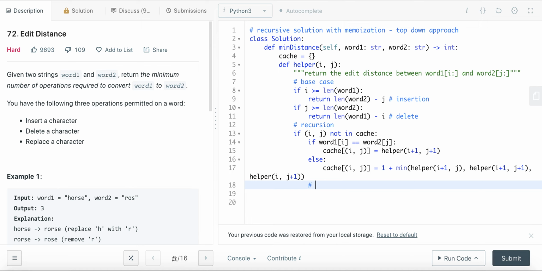So we are performing the edit. So let's say we may try insertion. We will try to insert a character into that. So in that case, it's 1 plus helper